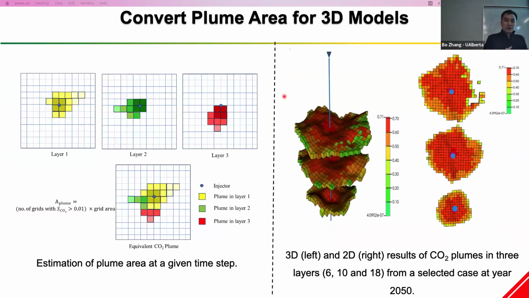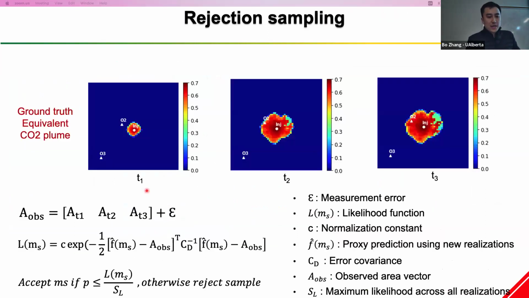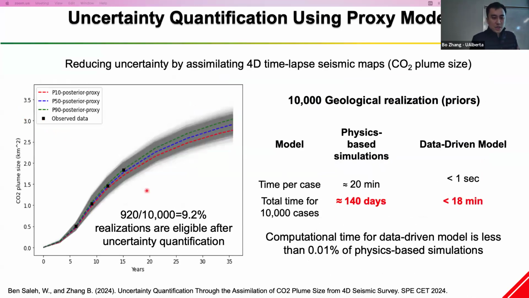And we can convert to the plume area. We already mentioned that to stack that together, so we have an estimation of a plume at a given time step. And we use rejection sampling to reject those realizations that give very way-off predictions compared to the ground truth model that we have, which will be, if possible, the 3D seismic interpretations. Then Walid actually